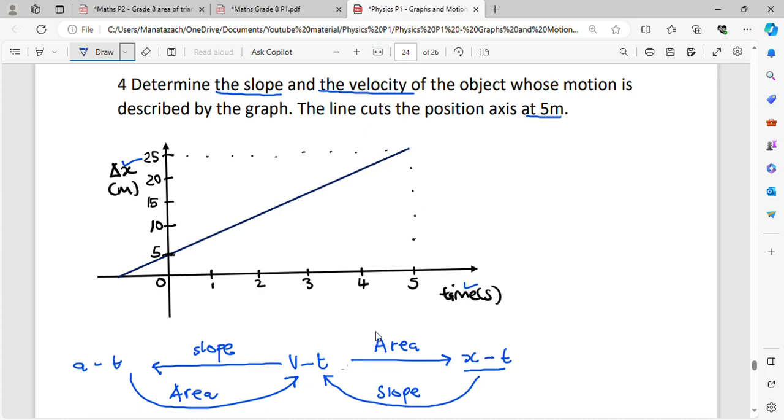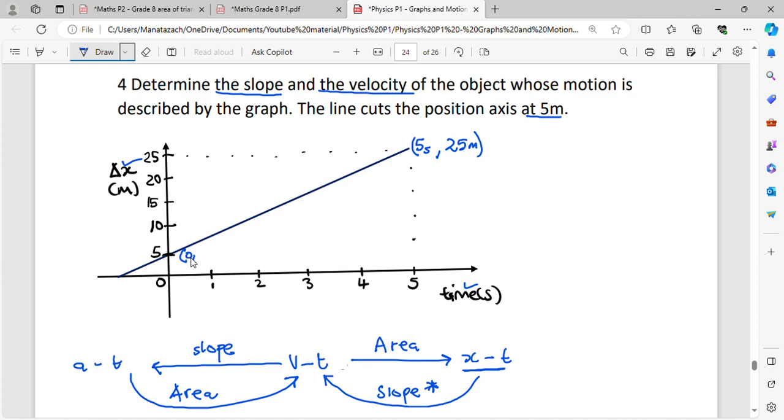First, remember, we're given the displacement-time graph, so that means you need to work out the slope. So basically we need to establish the coordinates. The time coordinate here is 5 seconds, and the x-axis coordinate is 25 meters. And then we're given that the graph is cutting at 5 meters, where time is going to be 0,